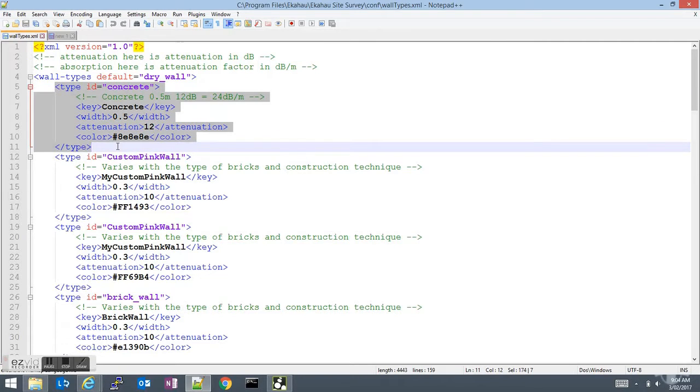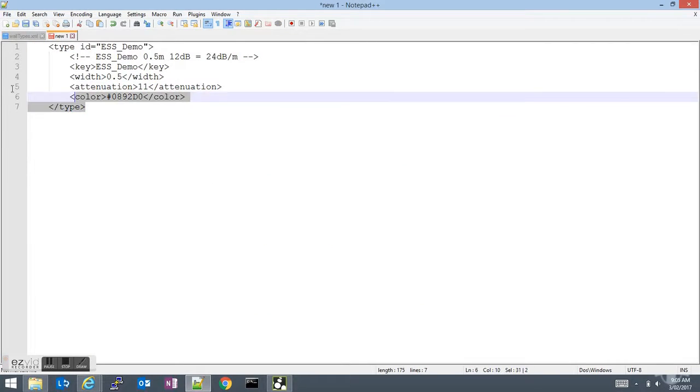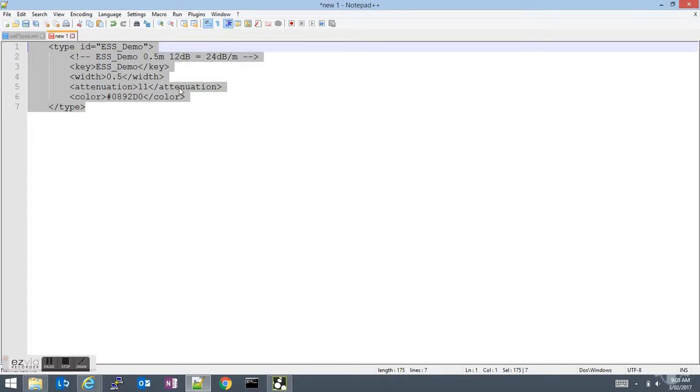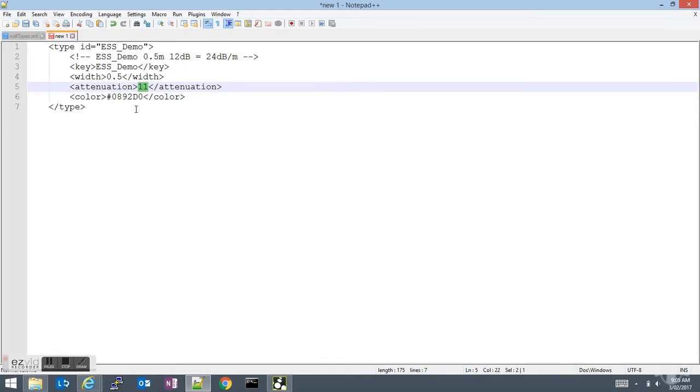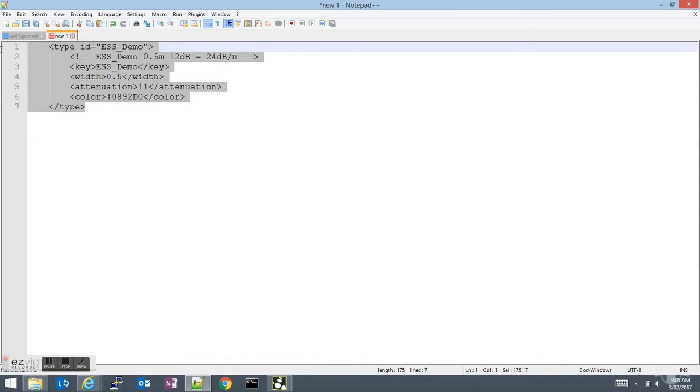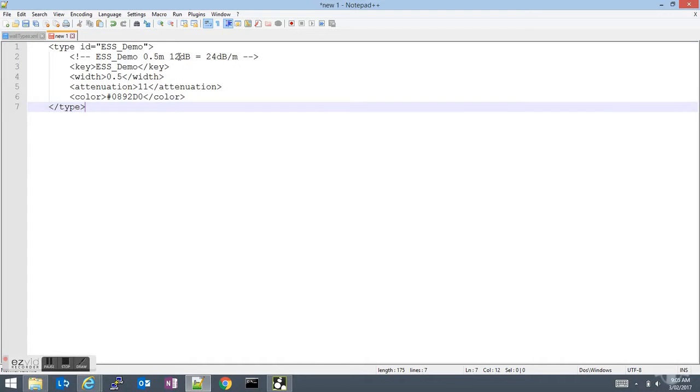So if I wanted to add to that, I just need to add another type, making sure I have the start and end type fields. I've got an example over here. I've called it ESS demo. It is going to be this color code, which is electric blue, and the attenuation loss is 11 dB to the wall. So if I just highlight that,